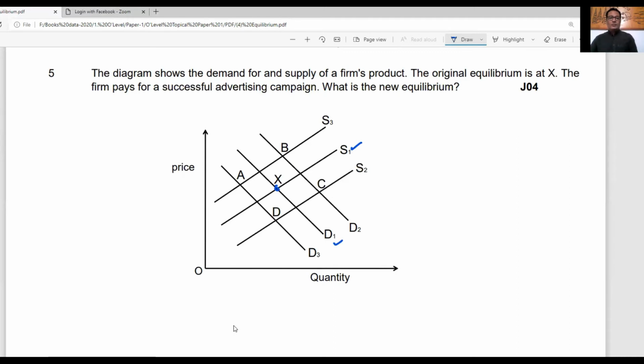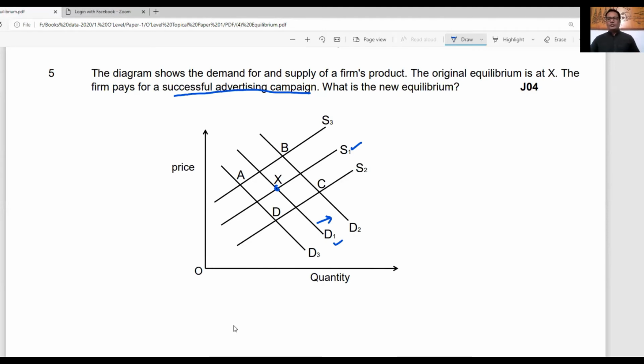The firm pays for a successful advertising campaign. So if the firm is spending a lot on advertisement, it means that now demand will rise, because if advertisement is successful, it means new customers will be added into the list. So demand will rise. Advertisement creates awareness among the people, so demand increases, and when demand increases,